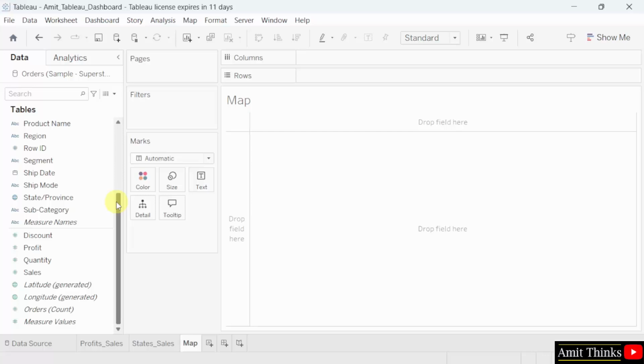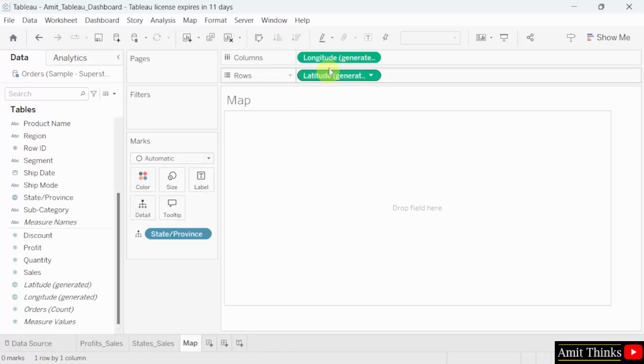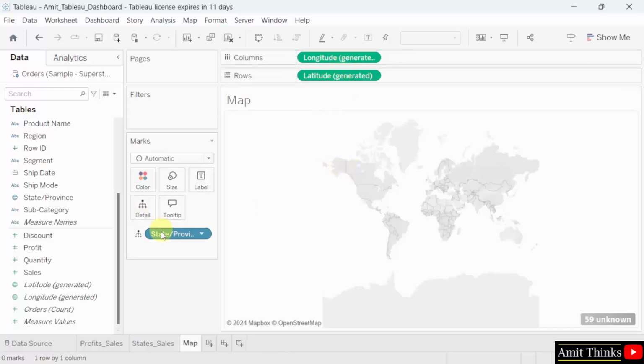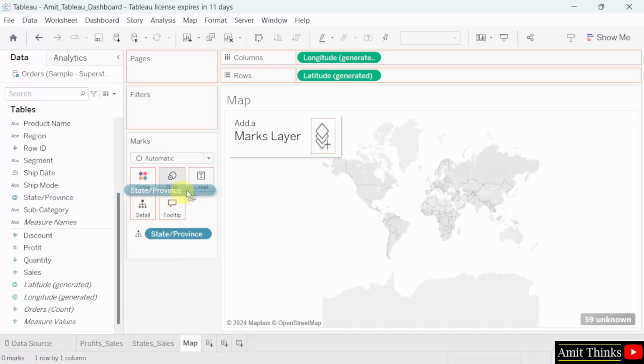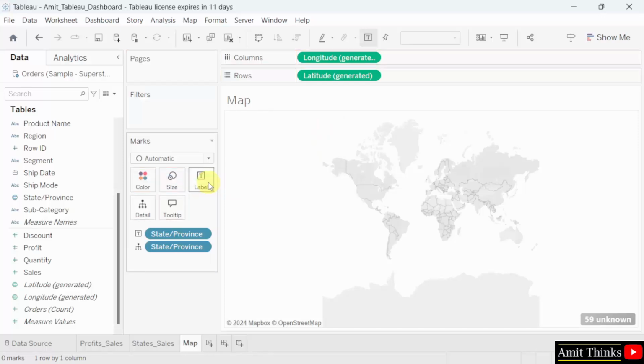Drag the state dimension to the detail here under the marks, and it automatically generated the longitude and latitude. That means the map. Okay, it's generated. Then drag the state again to the label pane so that the state name is also visible on the label. Then the sales measure to the colors pane. Here it is, to the color under the marks,